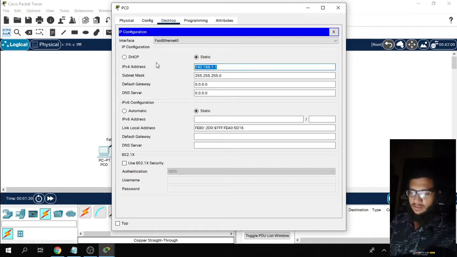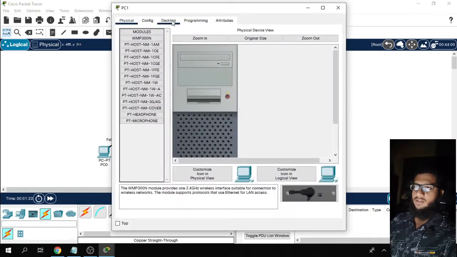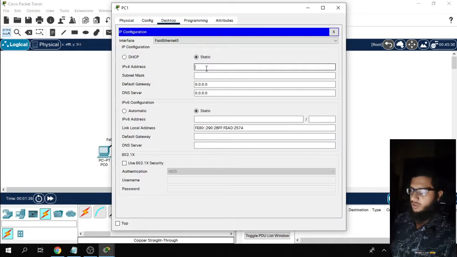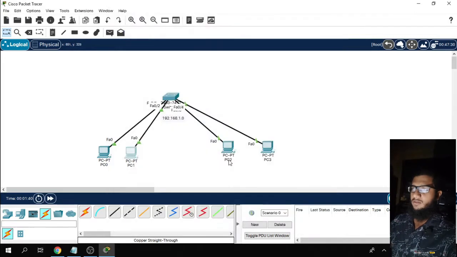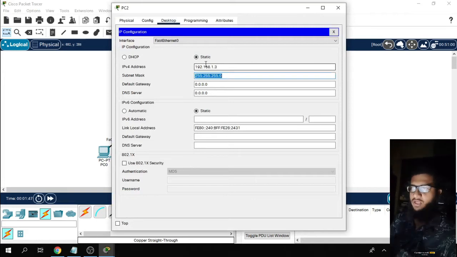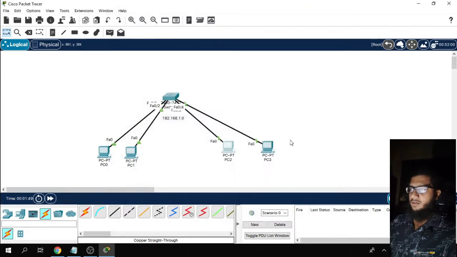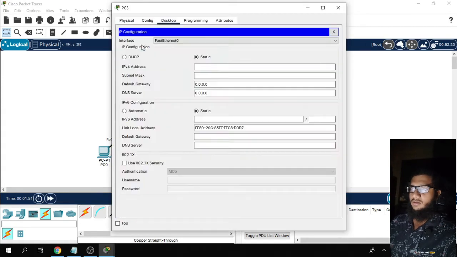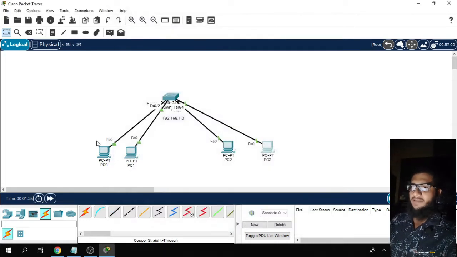Just copy this and paste it for the second computer, making it 1.2. Then the same in PC3, 1.3, and then 1.4. You can see that I have configured all the computers with IP addresses of that same network, which is 1.0.